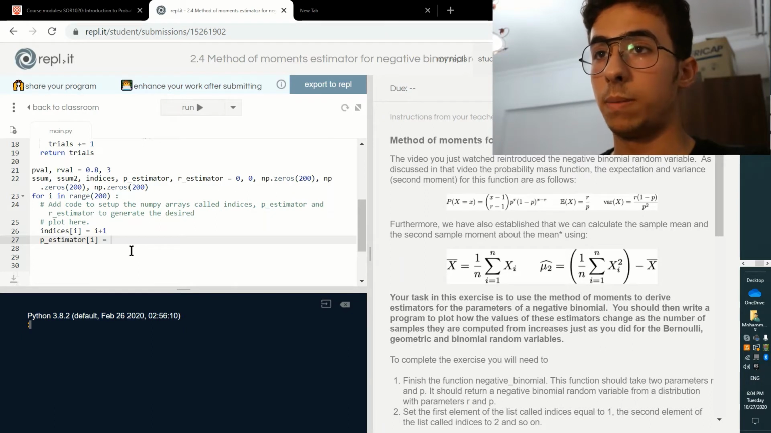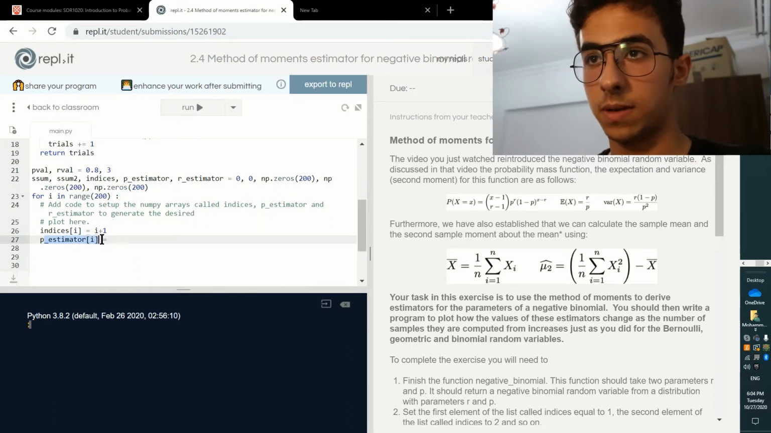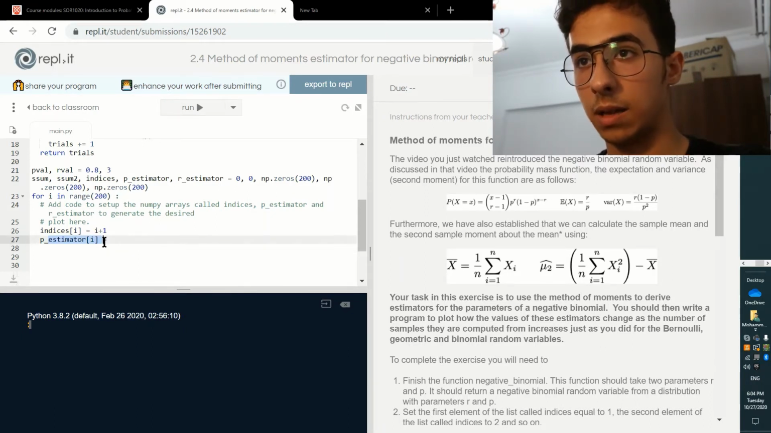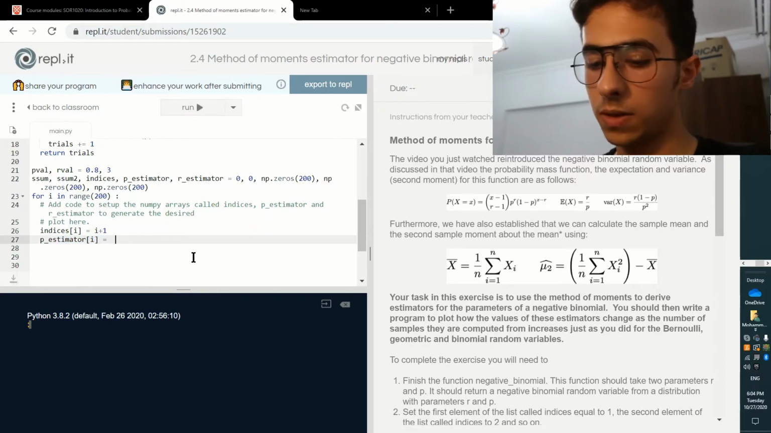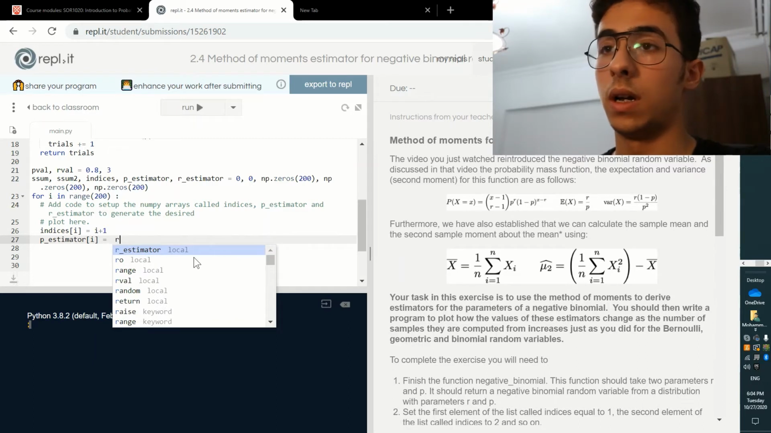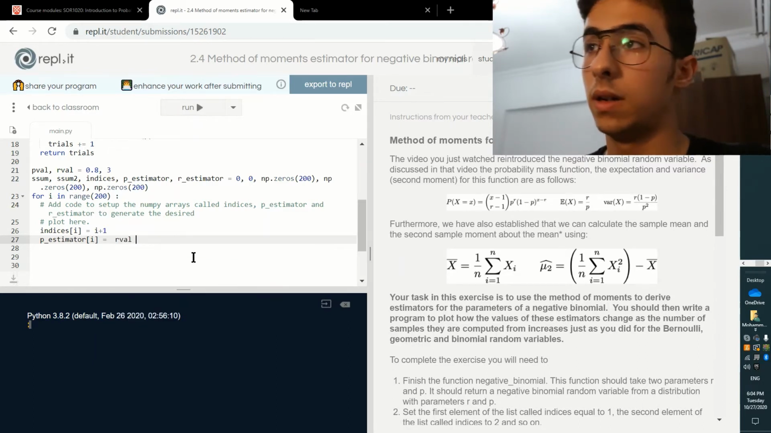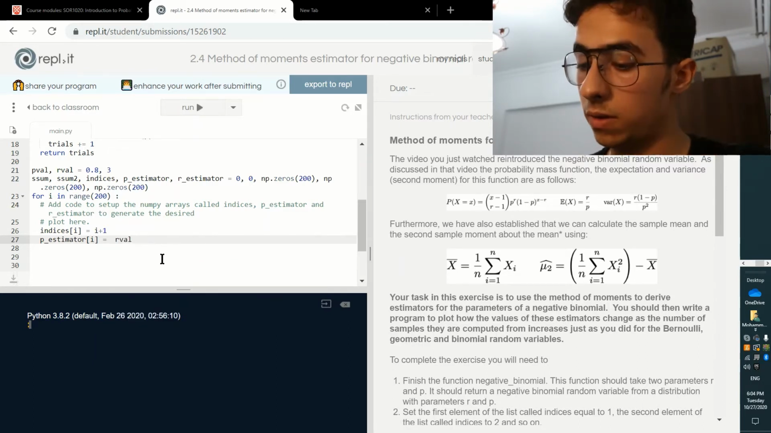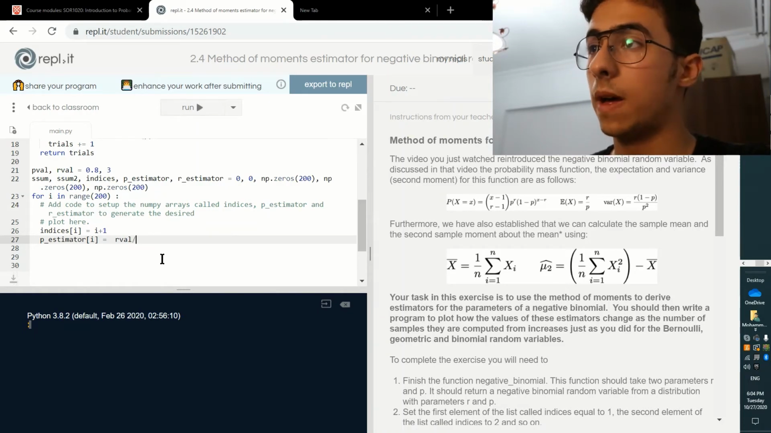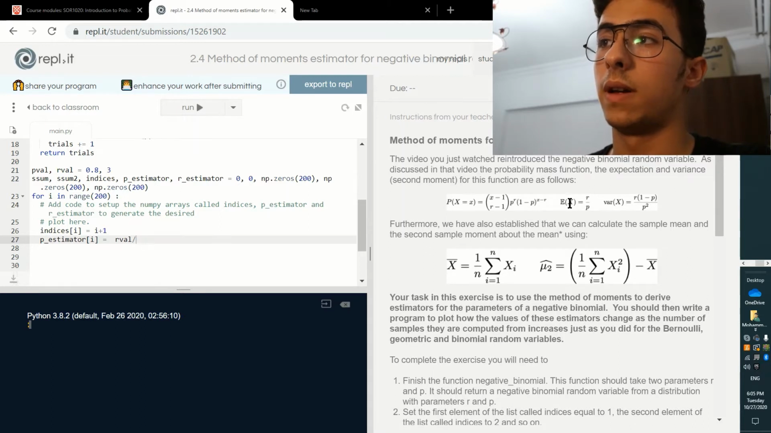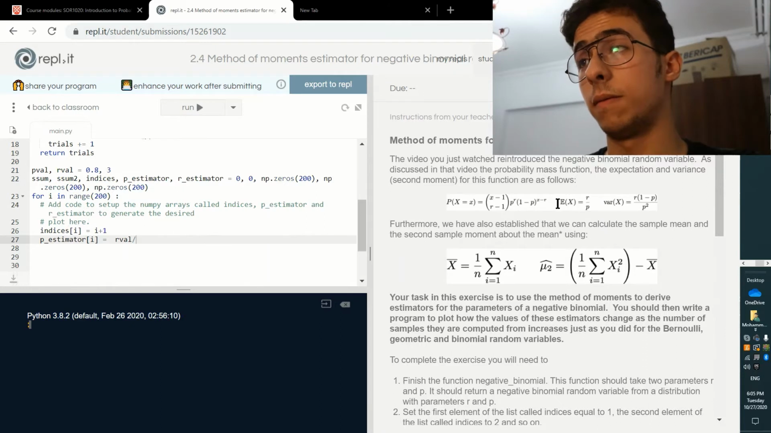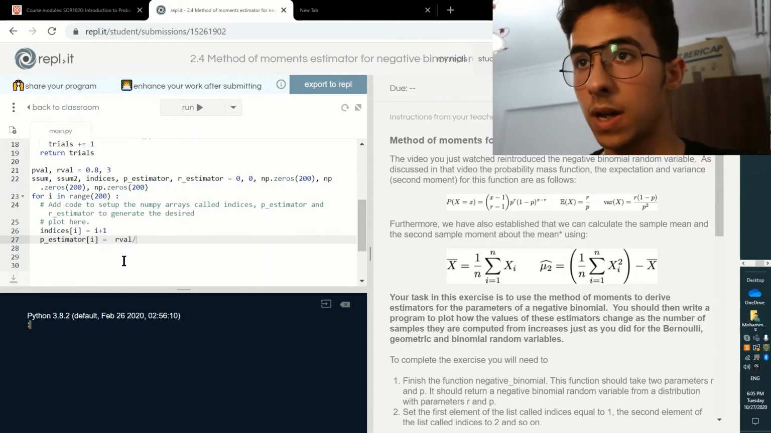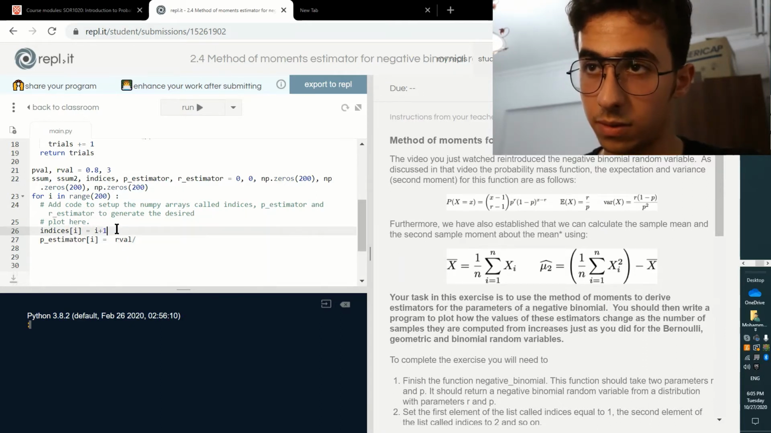We say that p, or the ith element of the p estimator list, is going to be equal to the r val here over the expectation value of negative binomials that we have so far. We have none, so that's